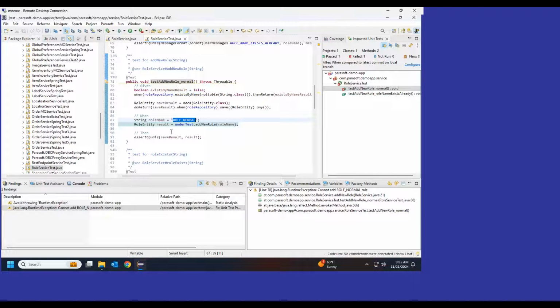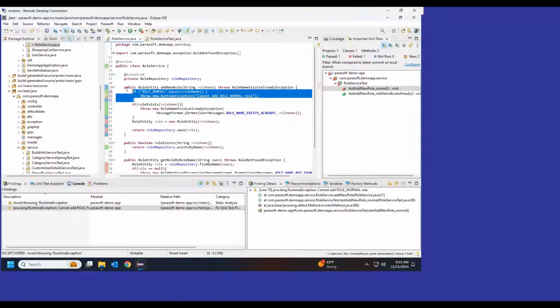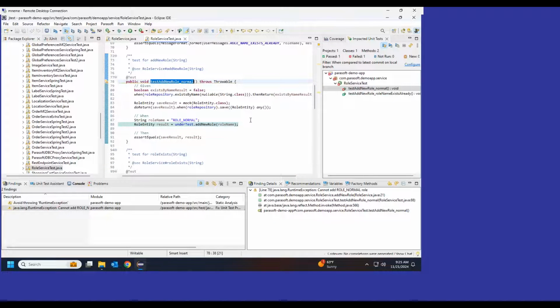So it's up to me at this point to decide whether I want to keep this test as it is and keep its original purpose, or if I want to repurpose it to actually validate this flow through the code. So let's say that for now, I want to keep this scenario and continue to have it test the use case where it's adding a role